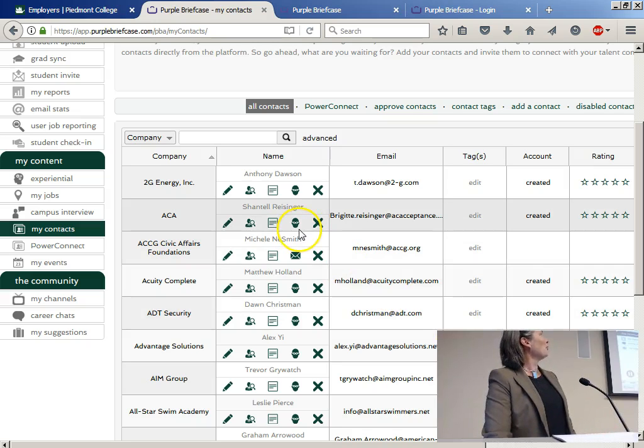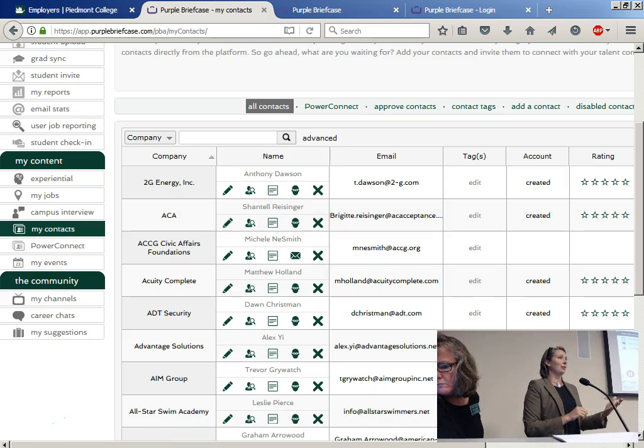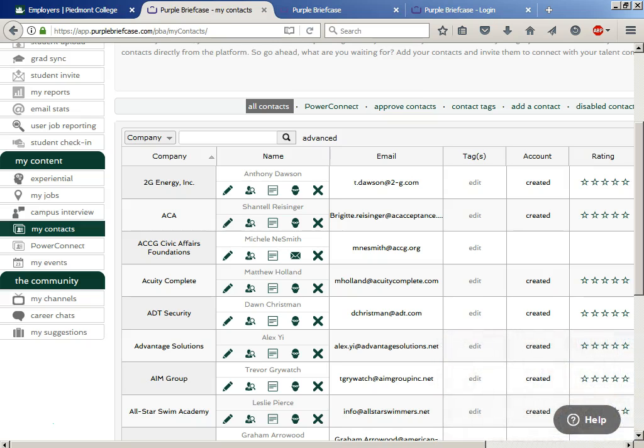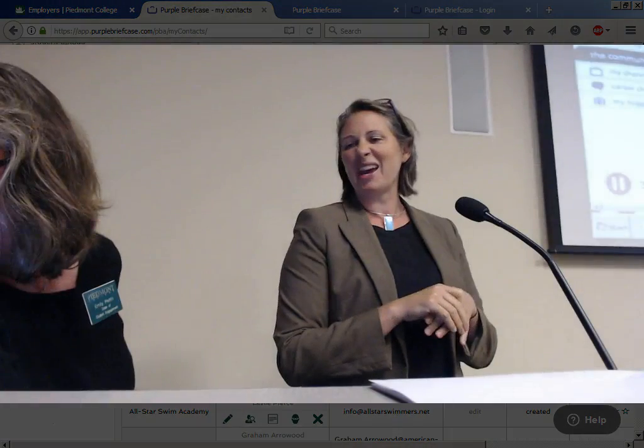The first thing I want to tell you is you guys have all of your emails, I'm assuming everyone in here, imported into the Purple Briefcase system. So you are considered now an employer, okay? And so tonight, you will be receiving an email that comes from Purple Briefcase, saying you've been invited to create a password for your Purple Briefcase account. And what that will do is enable you to go ahead and enter in some information, update if they misspelled your name or something like that, as well as go ahead and get into the